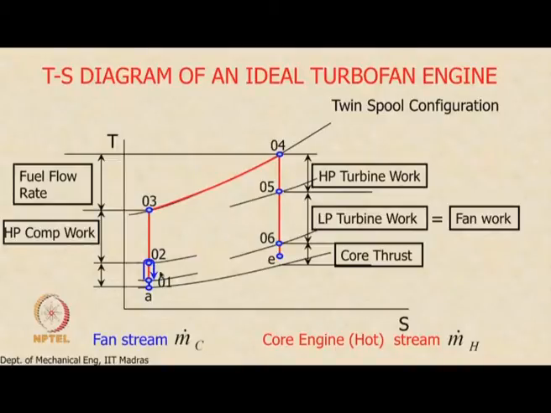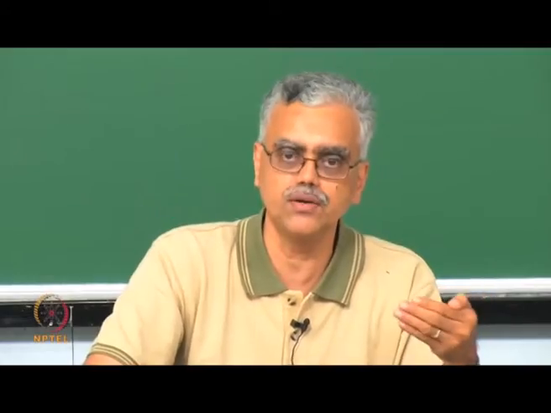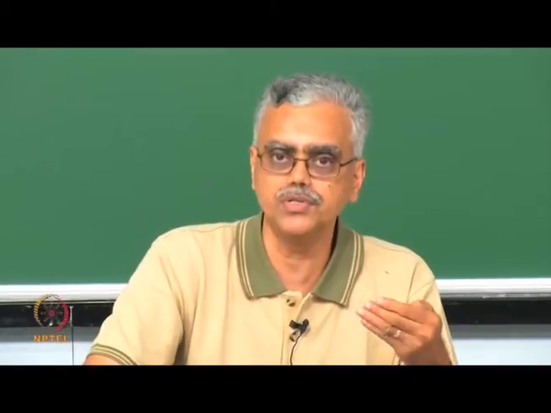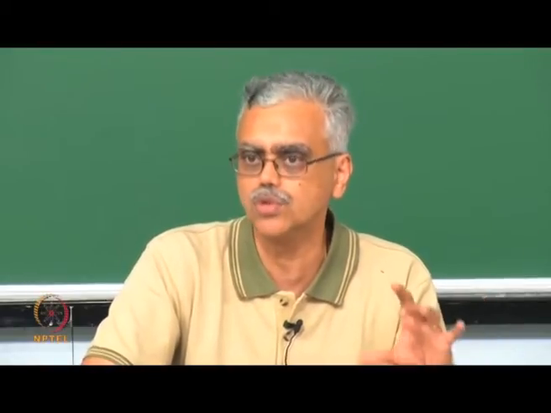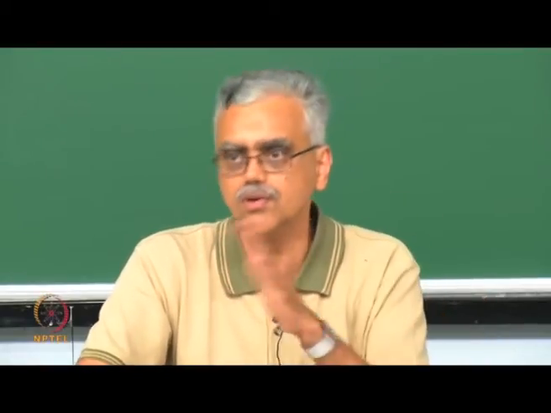Okay. Once again, the expansion in the fan nozzle will be from 02 to some exit state, which we will denote as E sub c. C denotes cold and H will denote hot. Again, the exit pressure from the fan nozzle may be equal to the ambient pressure, or it may not be equal to the ambient pressure, that is also possible. It is difficult to illustrate it here, the figure will become too crowded. I have not indicated that. We will look at it later when we focus on the nozzle part alone. Is that clear? Are there any questions?